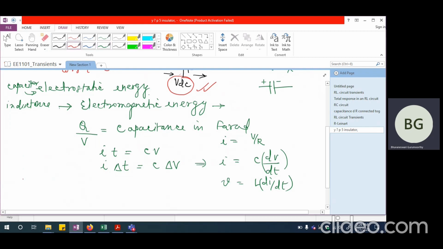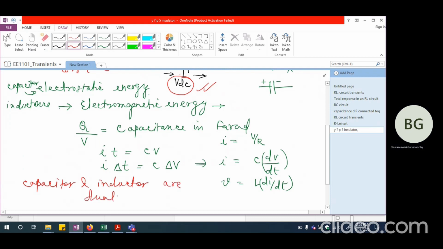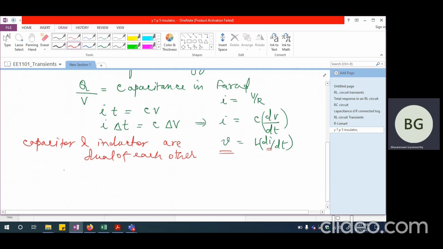So that's the reason why normally we say capacitor and inductor are dual of each other, because both of them in one sense have similar kinds of relationships, but an inverse relationship if we consider V and I simultaneously. One more thing we can say is, if I talk about energy stored